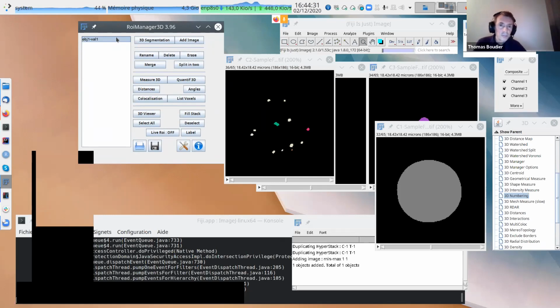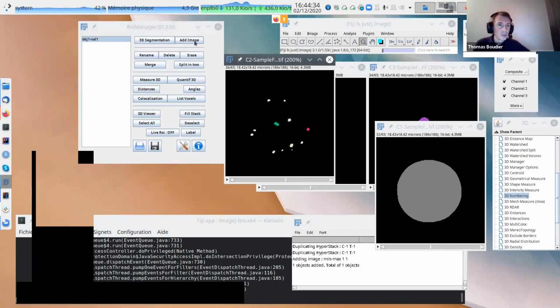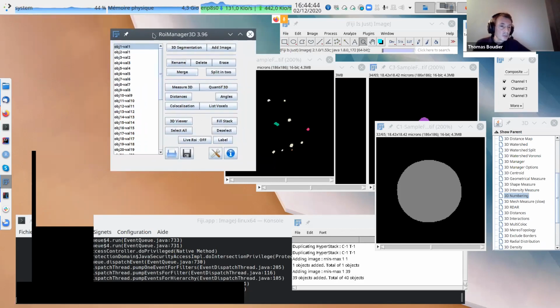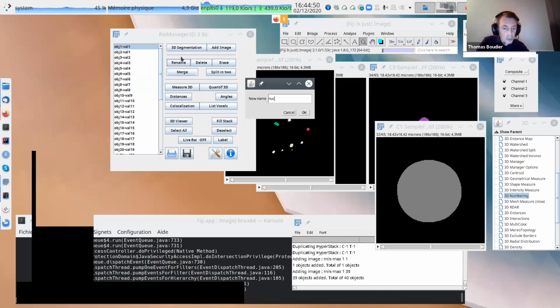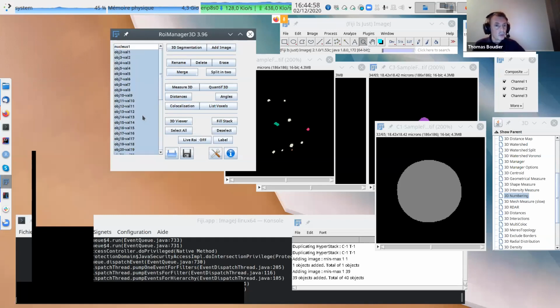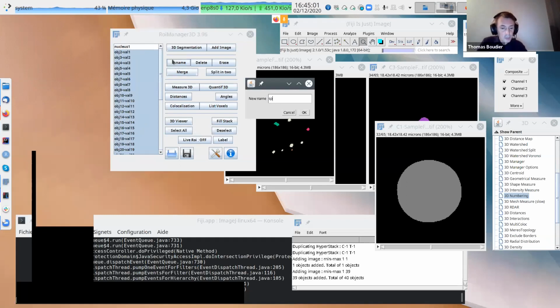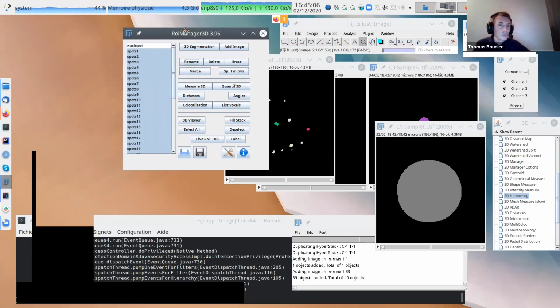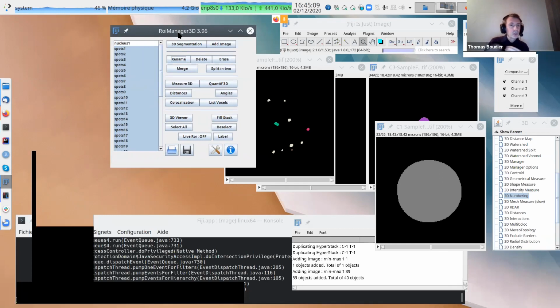Okay, we do this. So now we have the nucleus and we try to play a bit with the spot. We have this image with the nucleus, so we add the other image with the spot. We can have objects coming from two different images, there's no problem. This is why it's interesting to rename your objects, to know what you're talking about. The first one is nucleus, and then the rest: I select all the other objects and rename them spots. So now I can do all the measurements between the nucleus and the spots.